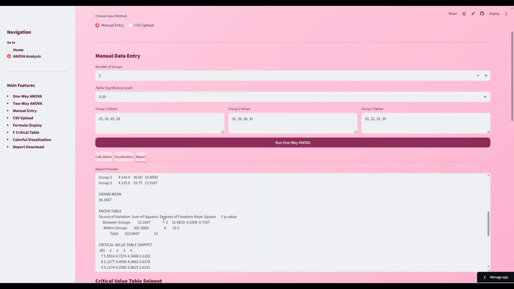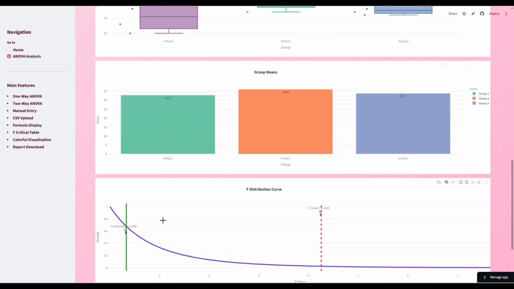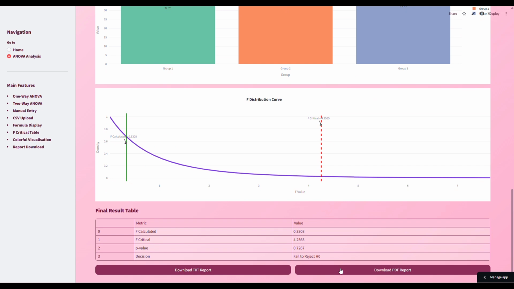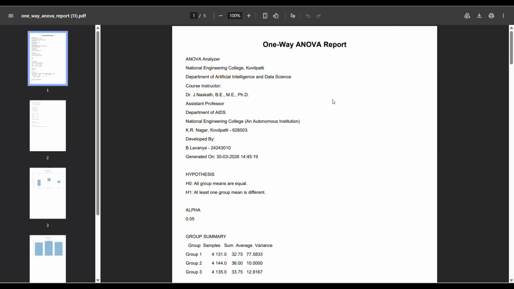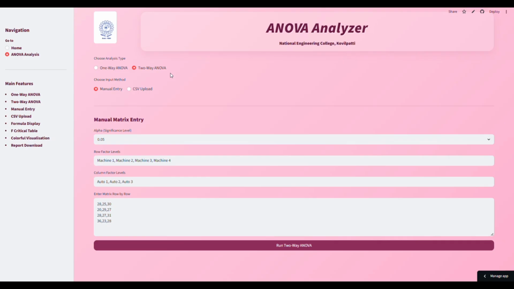Finally, the system generates a report that includes the input data and the ANOVA analysis: F value, P value, critical value references, and the final decision. Thus, the report can be downloaded as a PDF. Now we are going to see two-way ANOVA, which is used when we want to analyze the effect